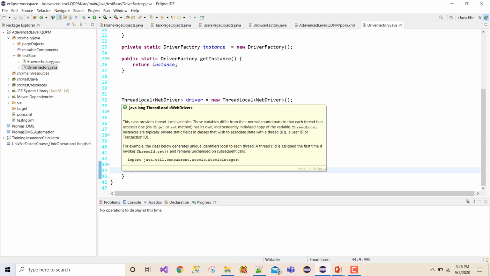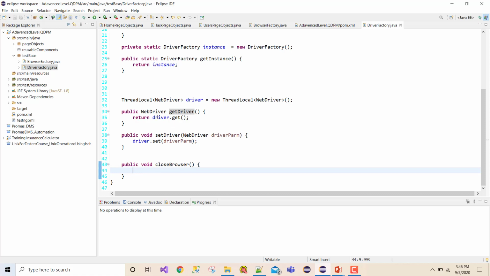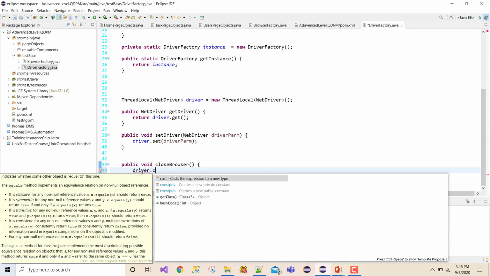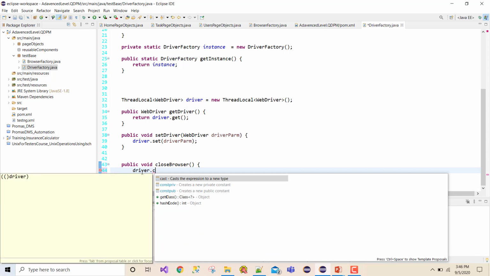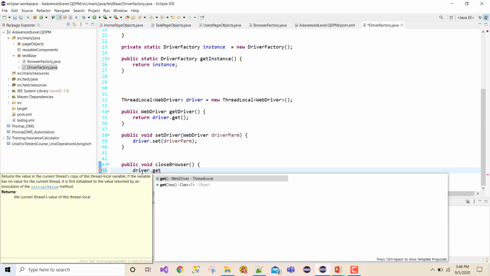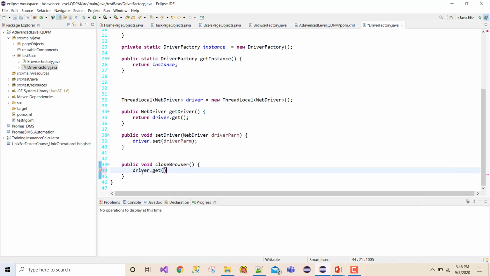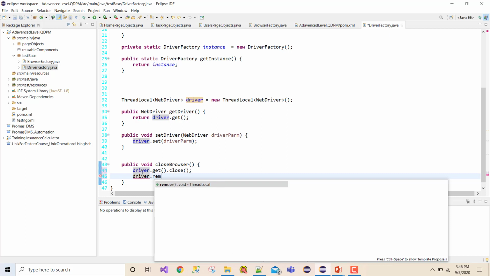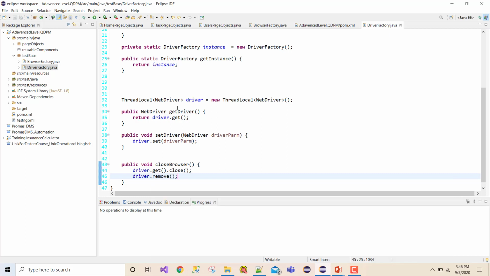And how will I get to know that? Into this particular class only, because I know the state here. So what I'll do is I'll say driver dot, I want to close, right? But now I cannot close it because first I need to retrieve it, right? So I'll say driver dot get, that is get the current instance, dot close, that is close the driver. And once I close the driver, I told you there is one more method called remove, so that it will remove the current driver copy. Once I am done with my work, I am going to remove it from this particular thread local class, right?